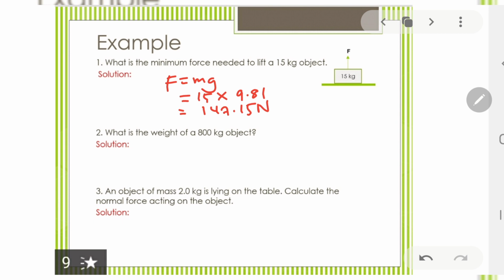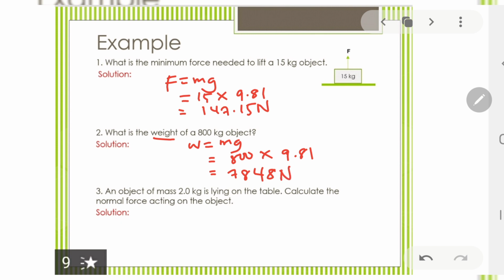Alright. So the next question is, what is the weight of an 800 kilogram object? So we want to find the weight of an object. Here we will use the formula W equal to mg. This is the formula to find the weight. So 800 multiplied with gravity value, which is equal to 9.81. So the final answer will be 7848